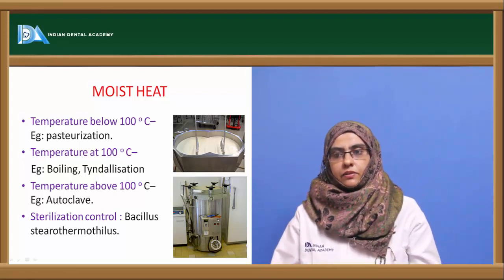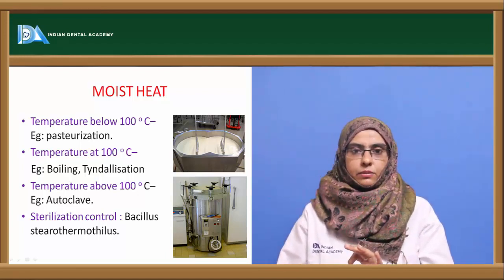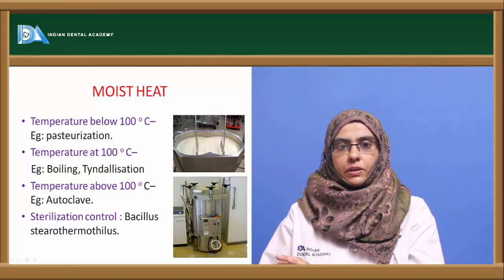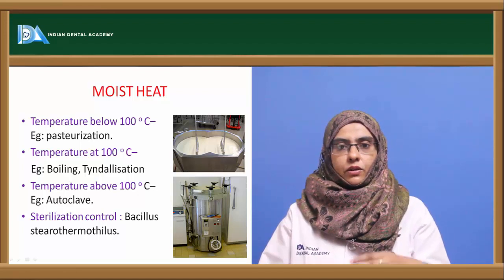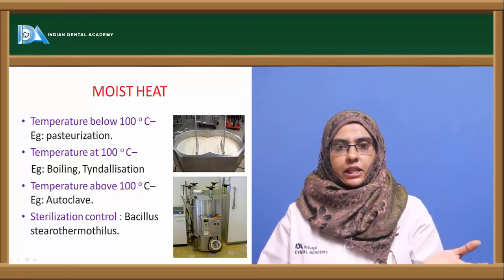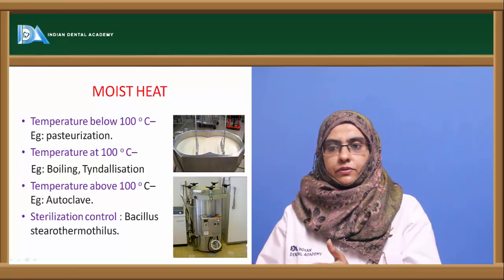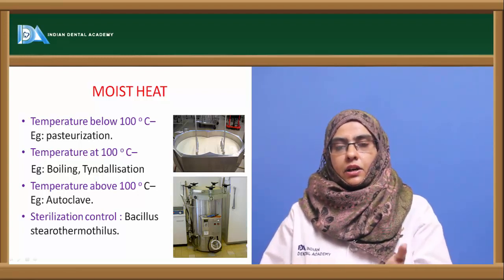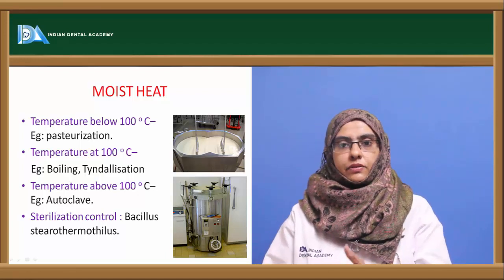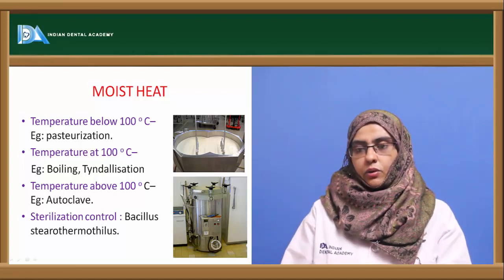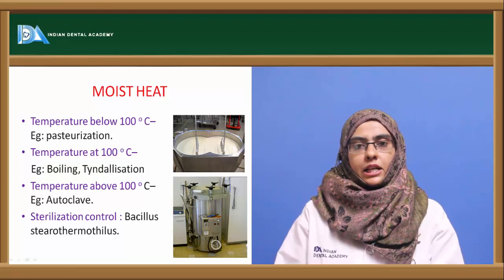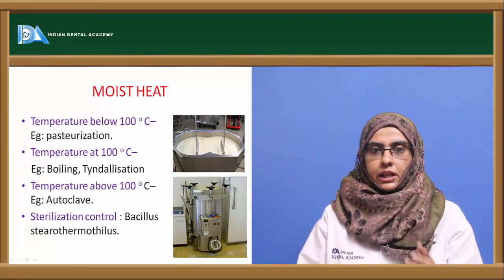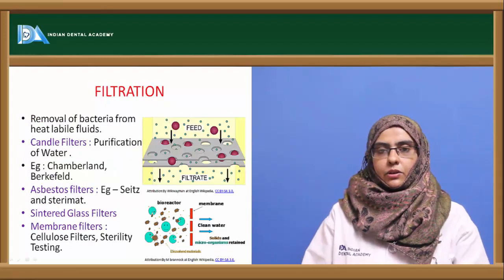Impregnate strips with Bacillus stearothermophilus, keep them in an envelope and then place them in between certain components in the autoclave and go for sterilization. After sterilization is complete, incubate this organism on its specific media and then look for growth. In that case you can know whether the sterilization is accomplished or not. So that is the dry heat or the moist heat that can be used in the laboratory to eliminate the